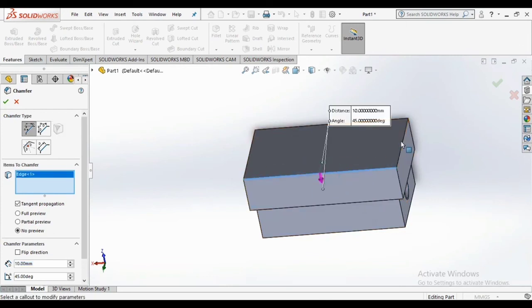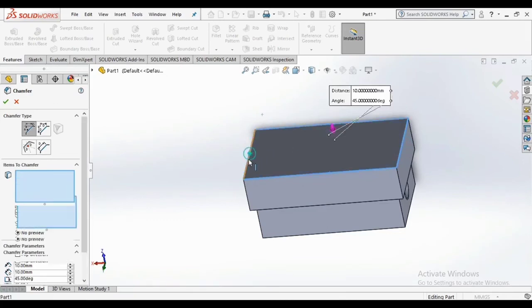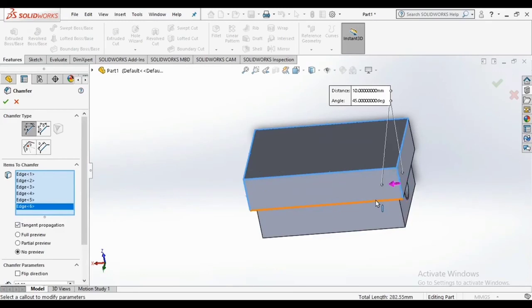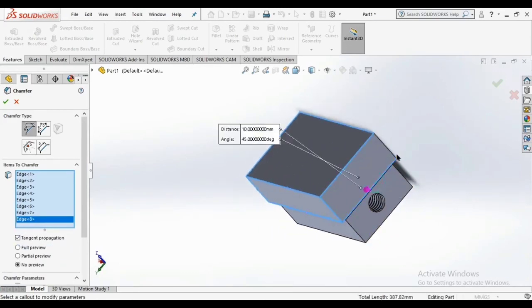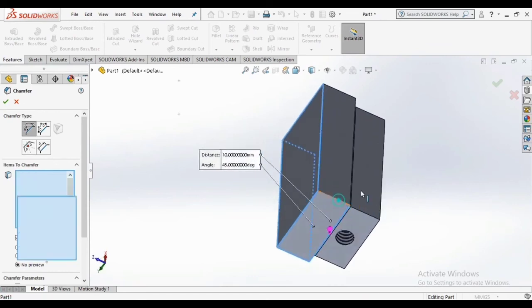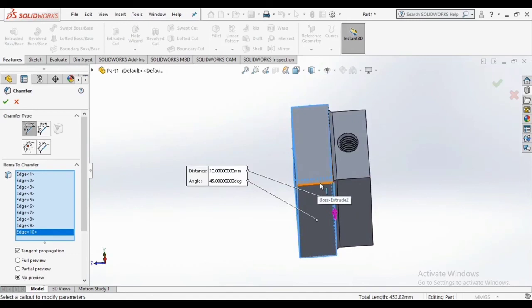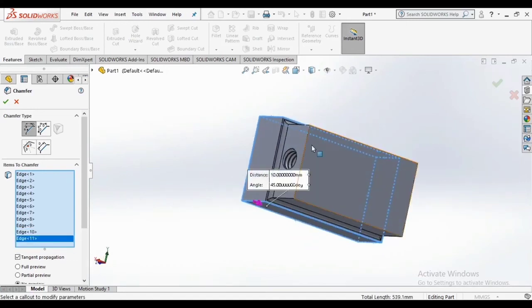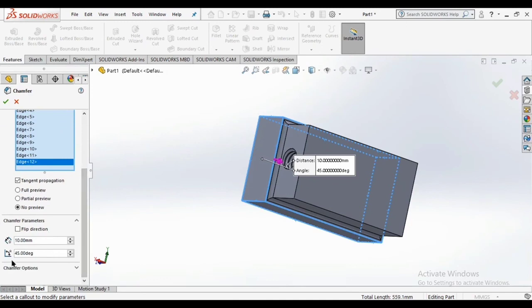We will select this face, this face, this face, and so on, and this is left, so we'll select this. So all faces are selected.